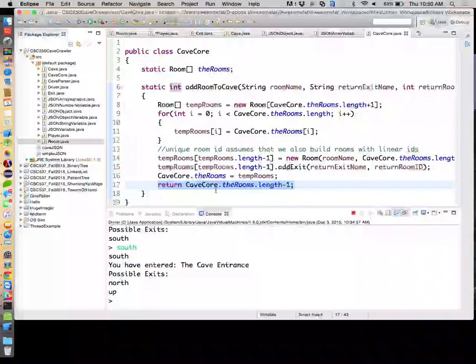And we say it off of the rooms because we just finished setting the rooms equal to temp rooms. So this should return the ID of that latest room. If we want to be more specific about it, we can do this: